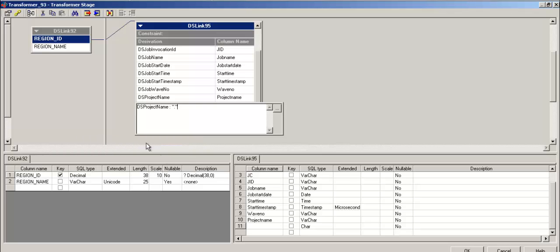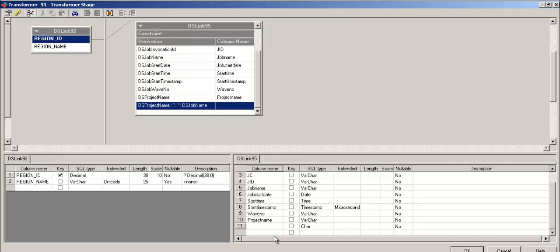I want a dot between DS project name and this, right? And a space again and a colon. And now what do you want? Job name, right? So go to DS macro and job name. Okay, so that's it. And let me give the column name as project dot